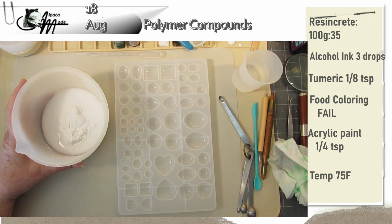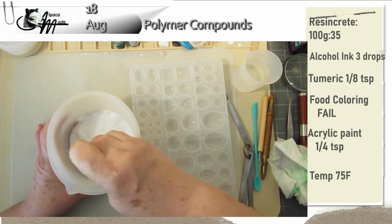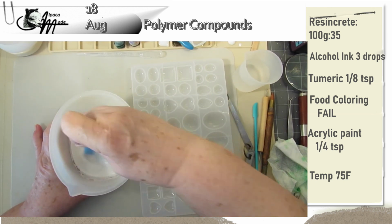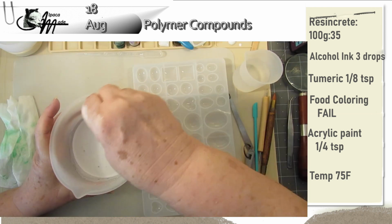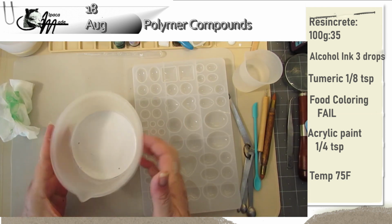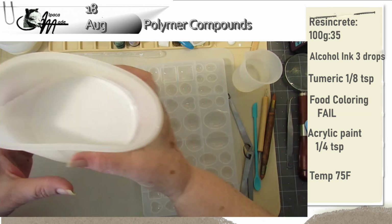You just saw me lift that mixing pot up in the previous clip and put it back down on the scale, and that was to get the scale to reset itself so that I could get an accurate measurement because I wasn't getting one. Additionally, this stuff is very watery to start with, and I pour out what's about 14 grams,